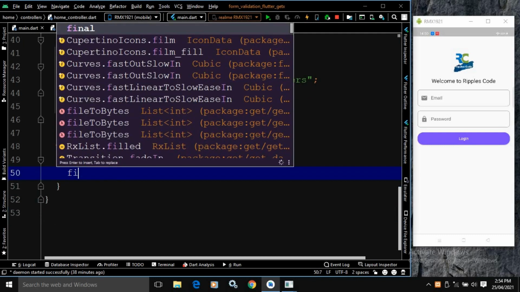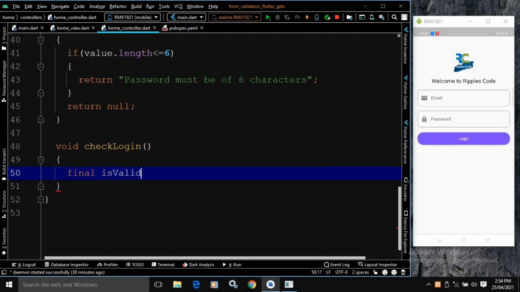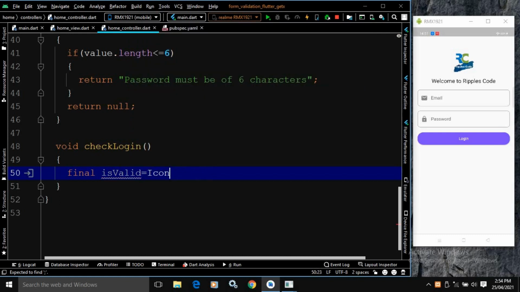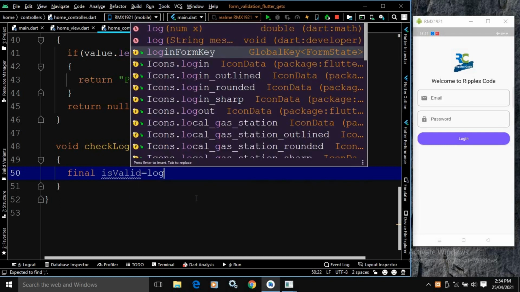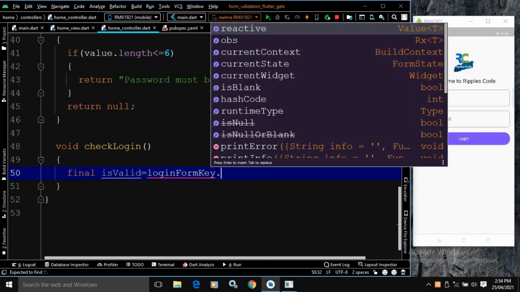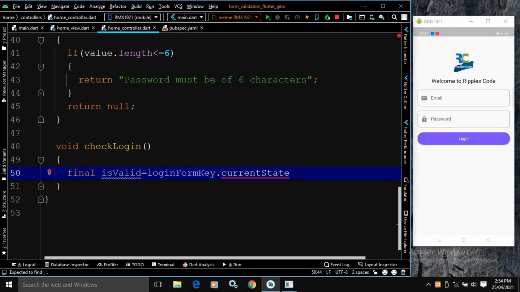Okay, so here let me declare a variable final isValid equals to loginFormKey, which I have created above, dot currentState. It will check the current state of the form, and here I will check dot validate, means I am validating the form, and here I will apply the null check operator.